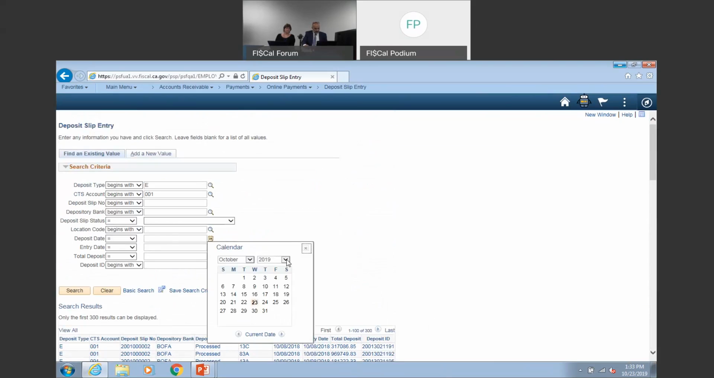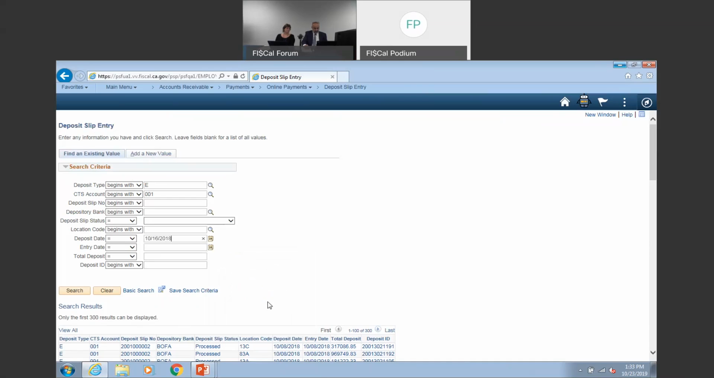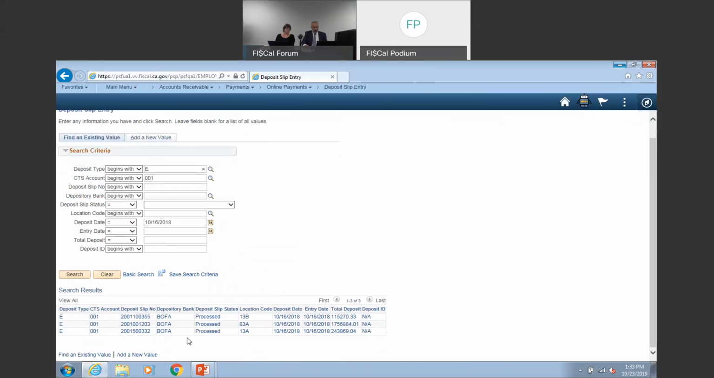October 16th, 2018. And once I hit search, it's going to show me only those deposits that were made on that date. Also, the system allows you to do between dates, or less than or equal to, between, which is a really nice feature you didn't have in EDF. You could just copy this information and paste it